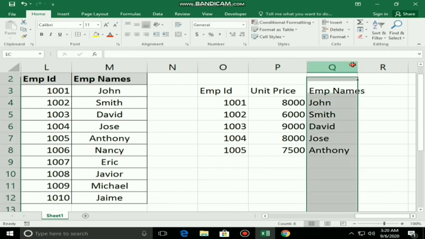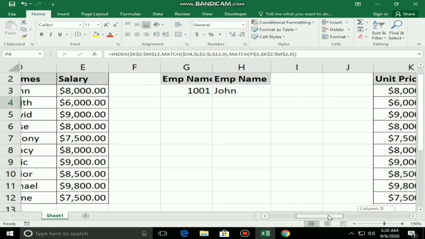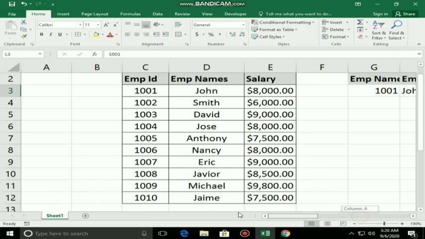This is the powerful function INDEX and MATCH, and the concept of reverse VLOOKUP. It travels in the reverse direction also. Not only can it capture the right side values, it is also able to capture the back side values of the employee ID, whereas VLOOKUP is able to capture only the right side elements of its lookup value. Hope you understand the topic.